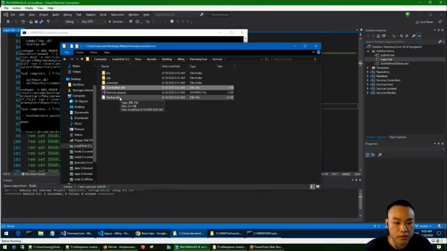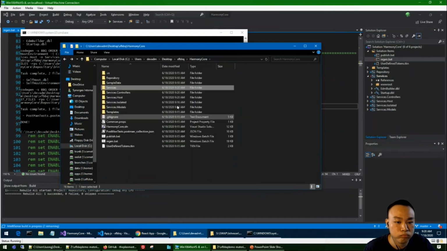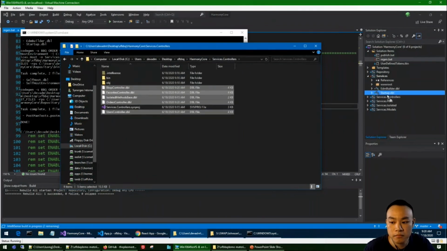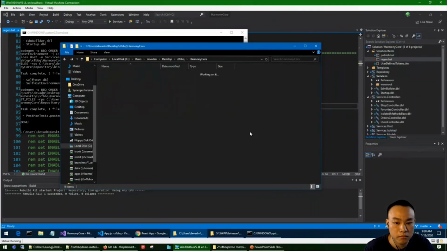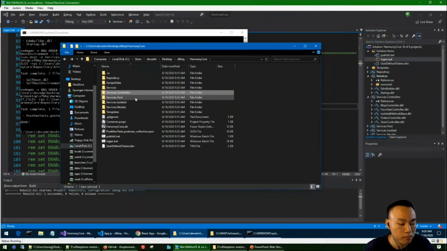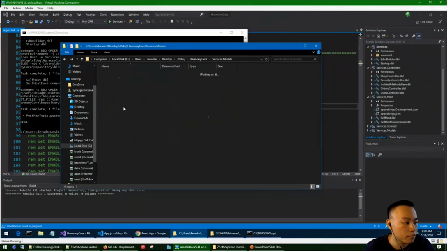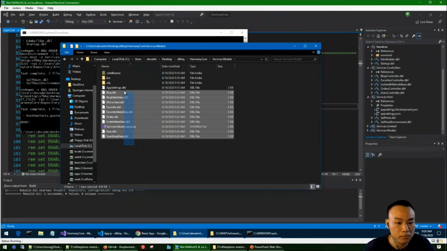It's inside services, services controller, host, and lastly, models.